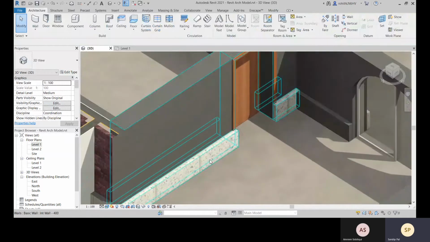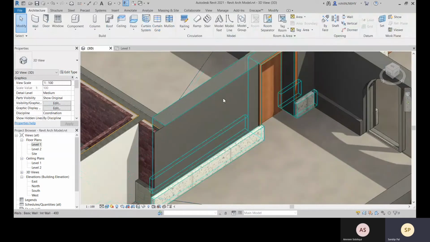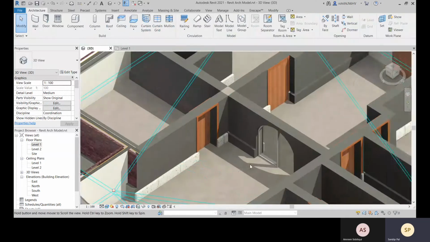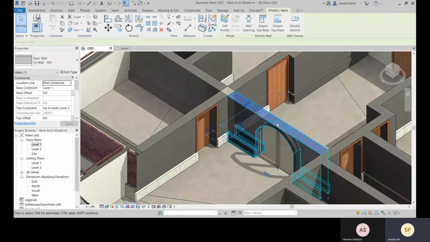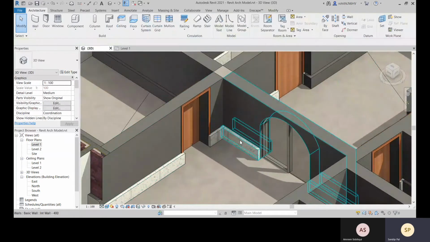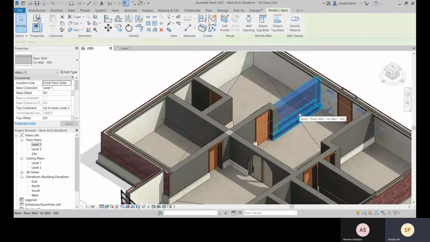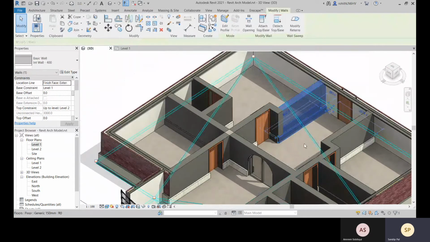So to the interior side, I have applied the material, but for the exterior side, the one I added last, I haven't applied the material. So that's why. When you change the orientation, you see the wall, the interior and exterior, that you can change the orientation over there.